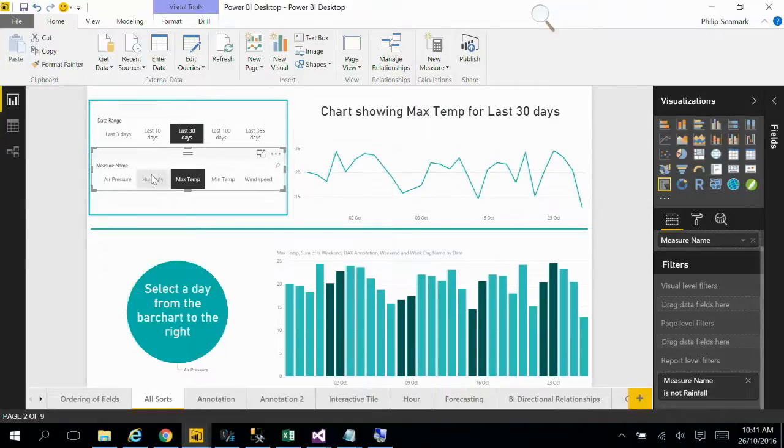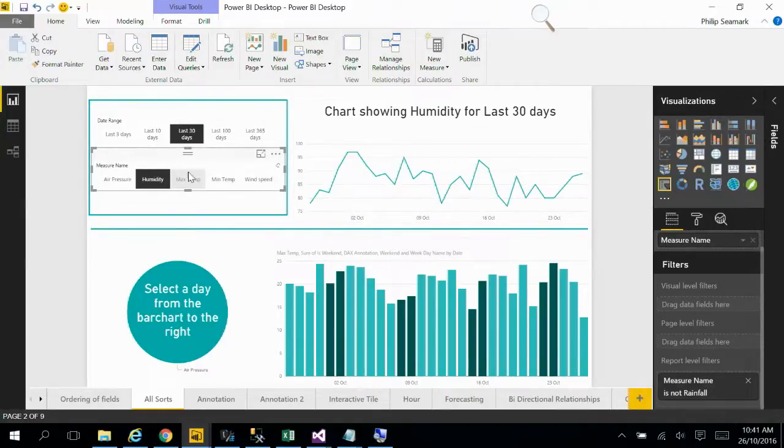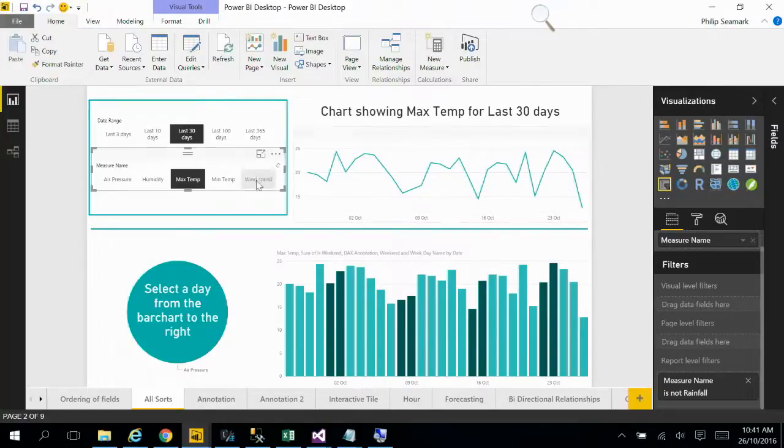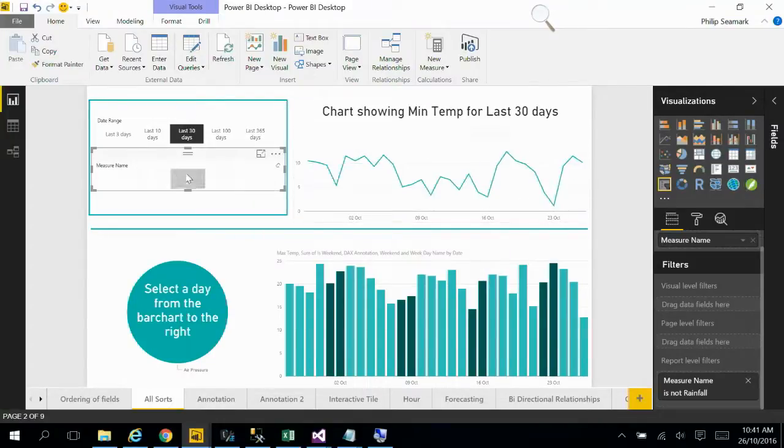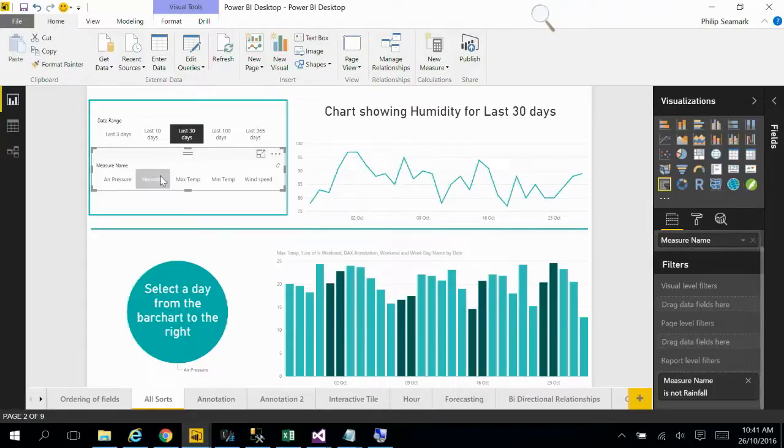And these visuals are actually changing. Oh, sorry, the top one is, because I have it wired to whatever I select here. Again, compressing the actual amount of space you need to put together a dashboard. So similar to the date table, what I did in the data model was I created a